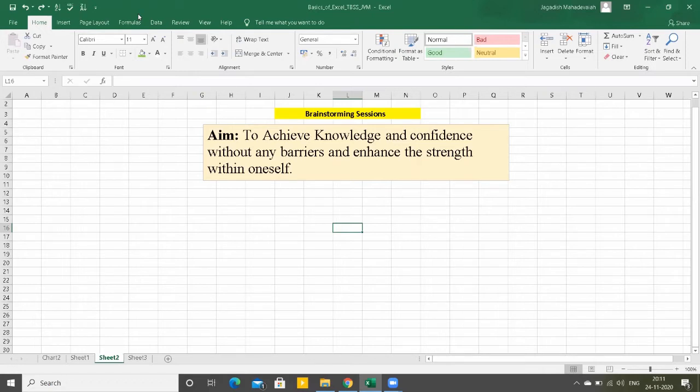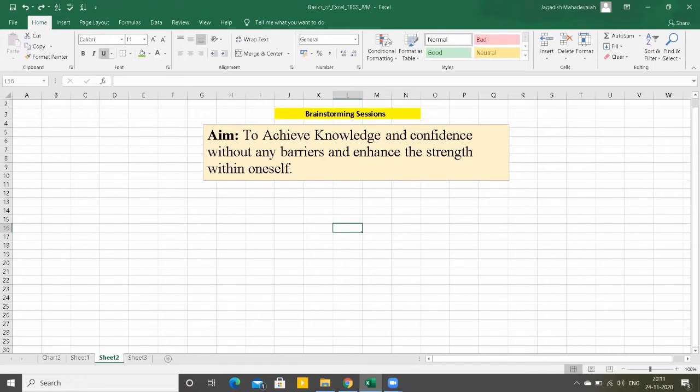At the same time, some students are struggling to grasp even a single piece of knowledge of Excel. So this session is especially for them. I'm not very good at Excel, but I know something and I want to share it with you. That's the reason I'm conducting today's session. So let me not waste the time and get into it.